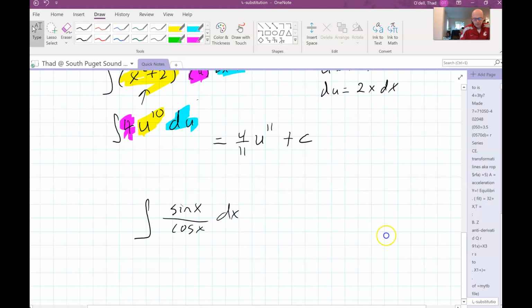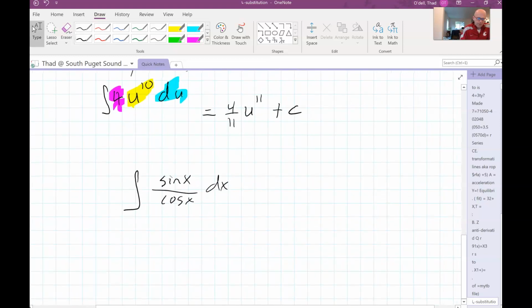Well, once again, I recognize that you could turn this into a tangent, but notice if you turn it into a tangent, what's the integral of tangent? We don't know. So what I recognize is that if I let u equal cosine x, then du is going to be sine x dx. And we can turn our integral into du over u,